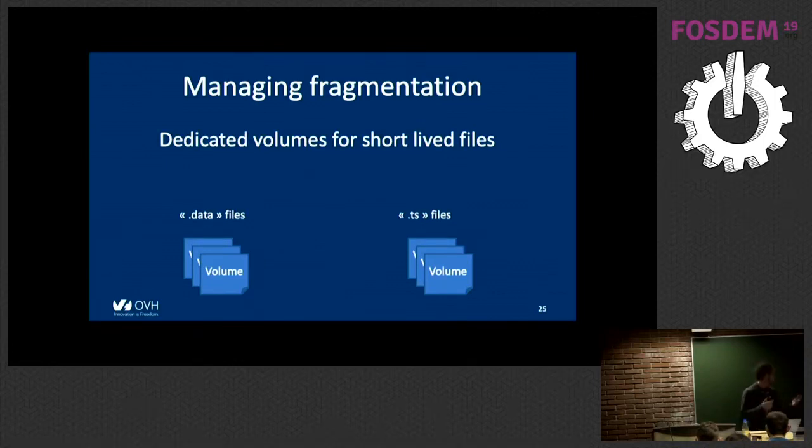So we don't want to have too many of these in regular volumes. We can send them to dedicated volumes. When a delete comes, if it's here, we can punch a hole like I just described. If we're on the right, we can just write that, hey, this is gone, and do nothing. At some point, we stop writing to the TS volume and create new ones. When all the files have been deleted, we can remove the entire volume. That's something we could do. We have not had the need yet. The code is there, but